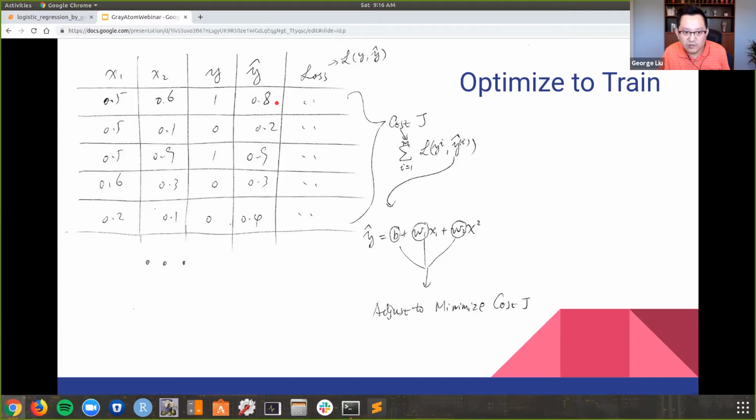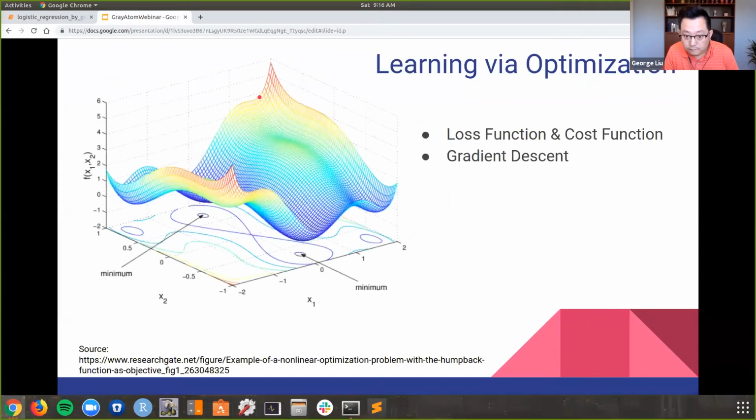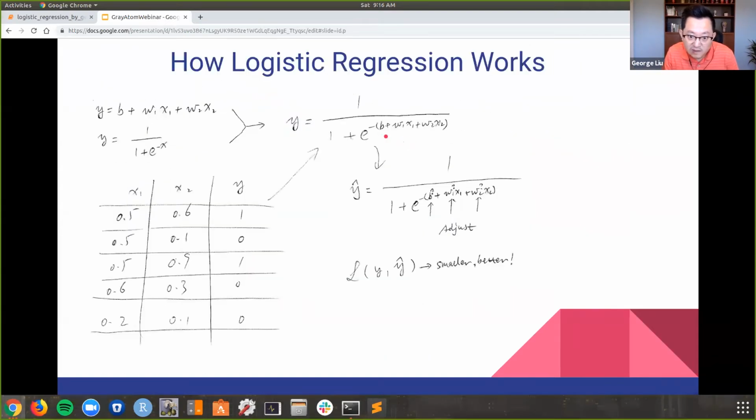The formula to calculate the y hat. How would I be able to calculate the y hat? Well, we need to start from somewhere. We can just simply initialize all these parameters like b, w1, w2, all these values with some random numbers, or maybe just a 0,